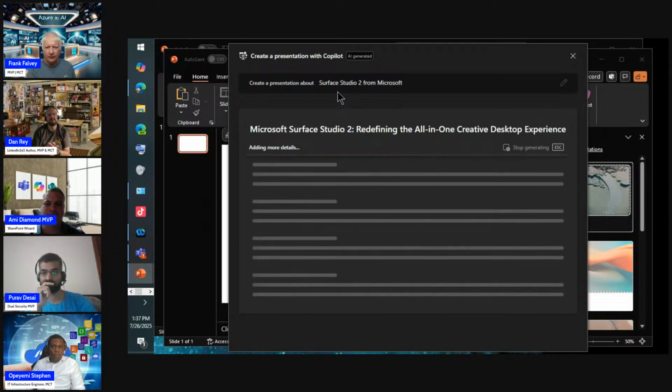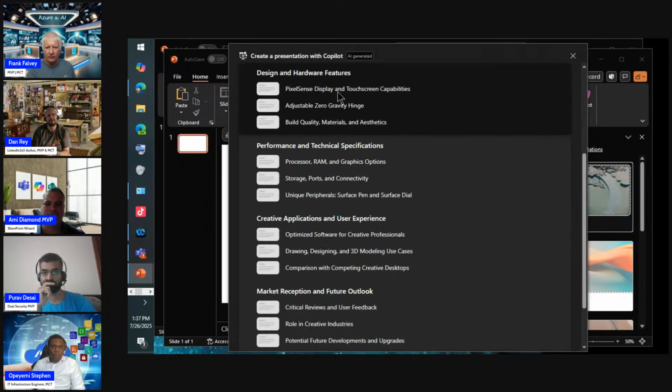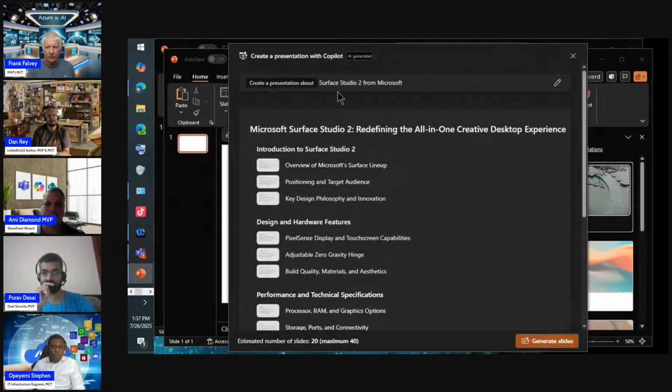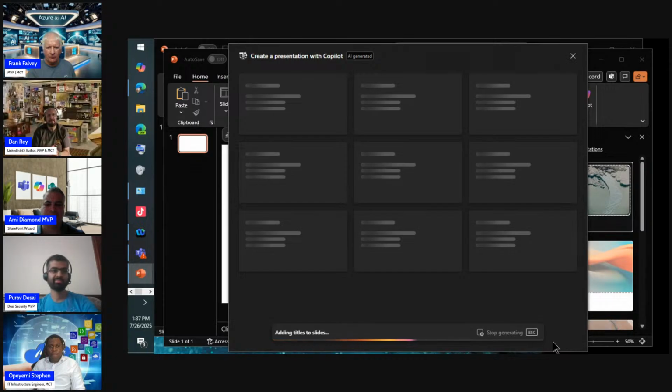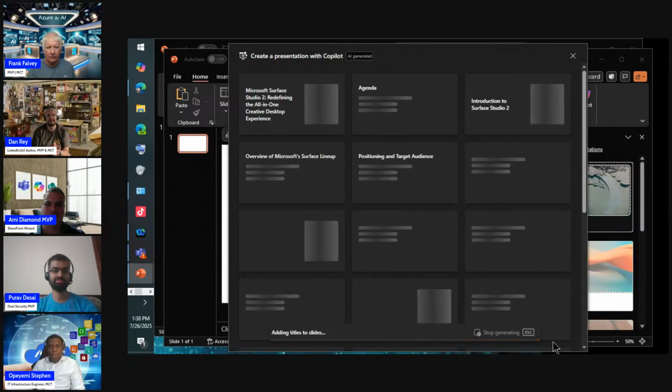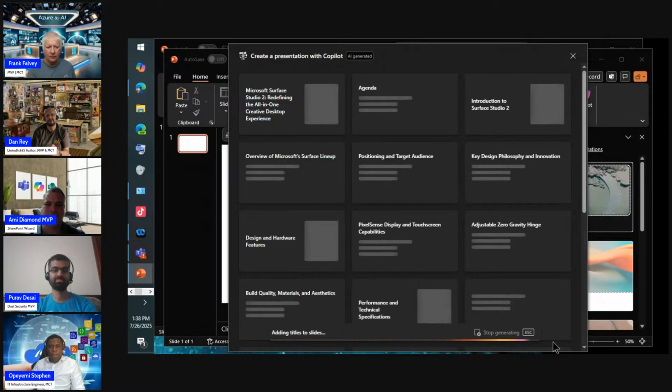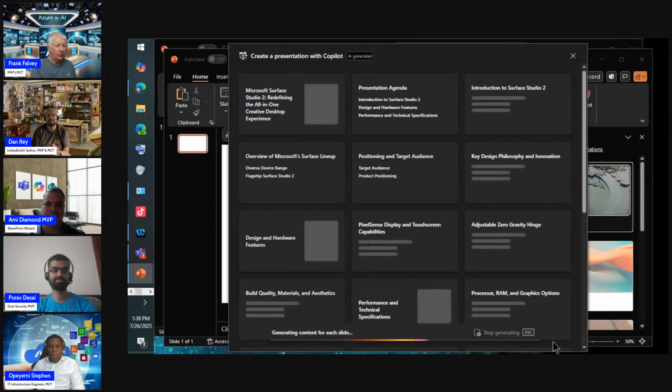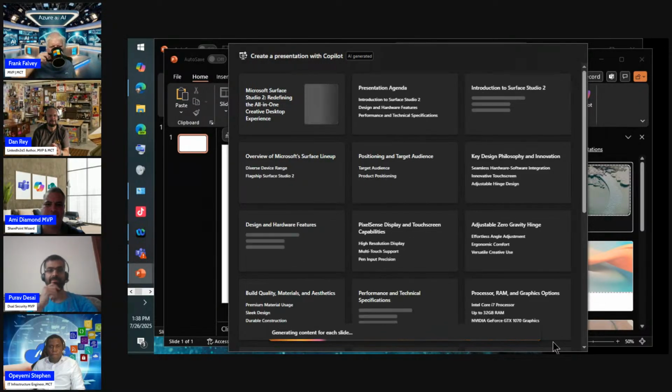And one thing that I noticed about this is, although the Surface Studio 2 has a lot of current information out on the internet, one thing I noticed with this demo yesterday was that many of the computer images that were put in by Copilot do not include the Surface Studio 2. And I'm not sure if this would be the same if you were talking about a Lenovo desktop or a Dell desktop or a